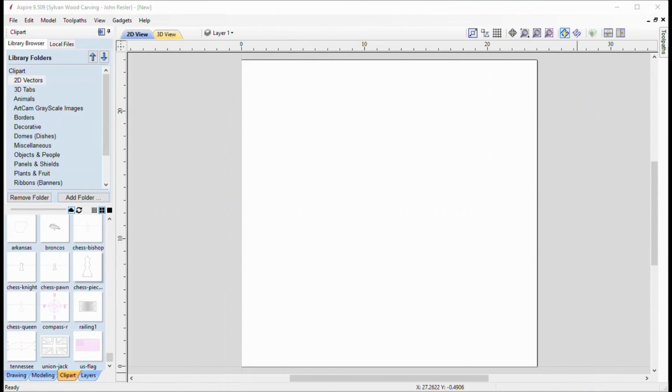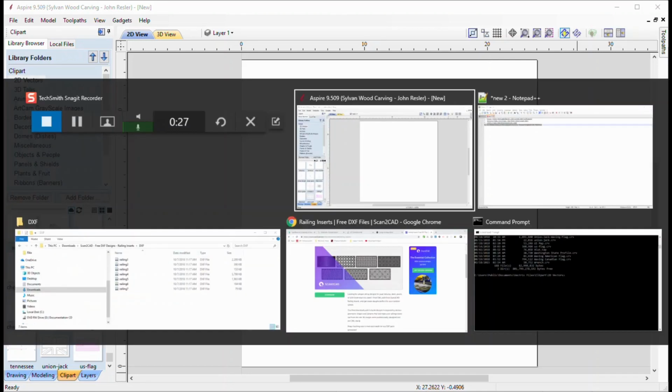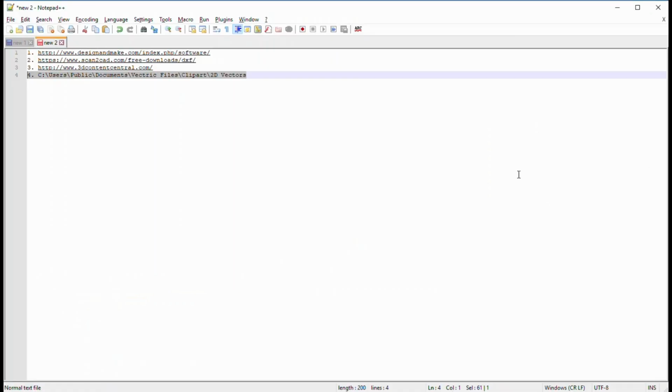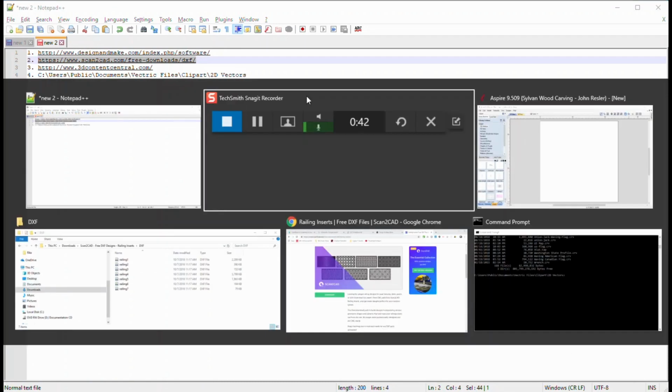Okay, for my next trick, I'm going to create some more free drawings and install them into Vectric so that we can reuse them again on demand. So the first thing we need to do is do a search on Google for free DXF files. Now keep in mind, you got to watch out for copyright laws. I don't need to tell you all about that, but as it just so happens on the Scan2CAD website, those rules don't apply. Okay, so I've gone out and looked up free DXF files, and this one's Scan2CAD. There are several others out there that have great DXF files that are free for your download.